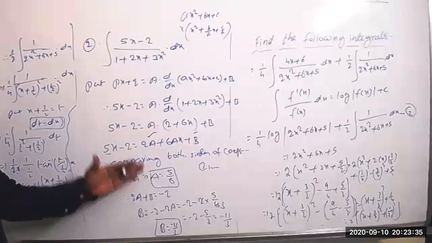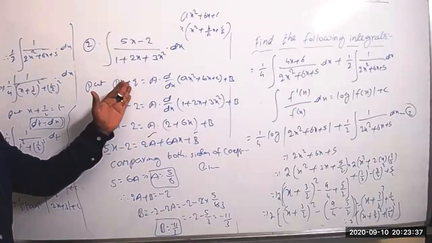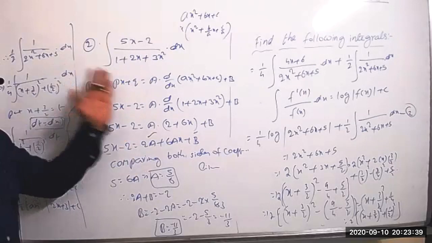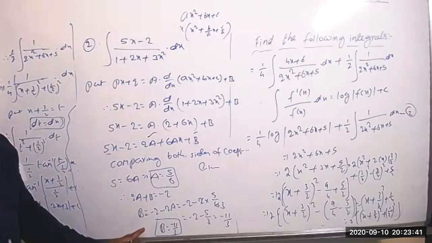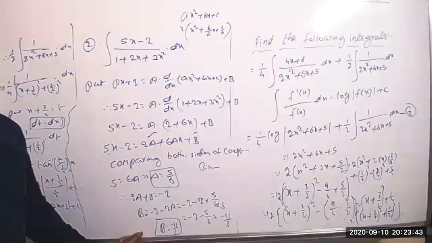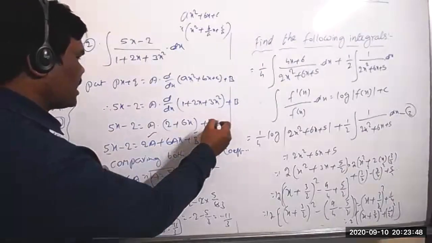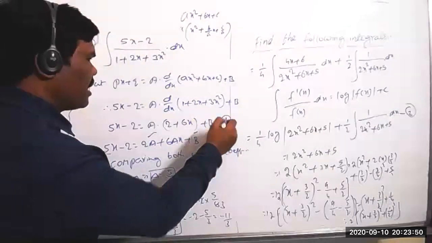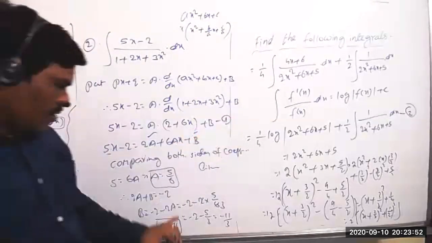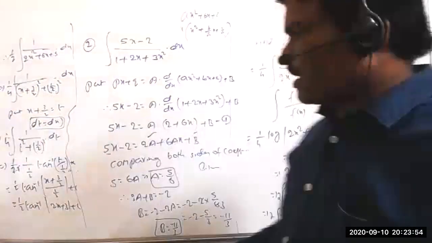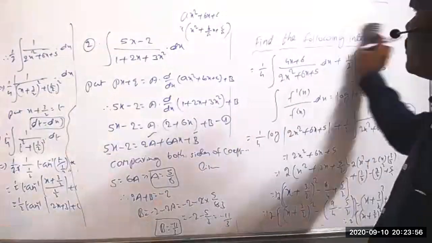Okay. So up to here, after applying this formula and comparing both sides, we got the values of A and B. Up to here, clear now? Clear? Yes, sir. Now you can take here, this is equation number 1. Now the values of A, B, you can substitute in equation number 1.